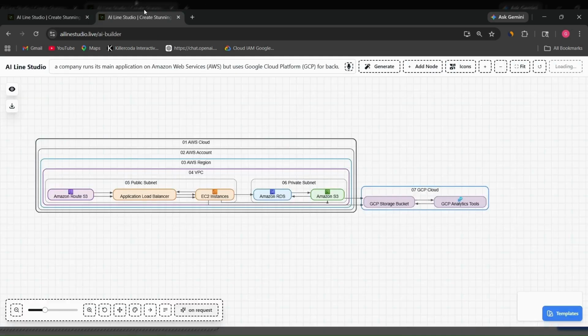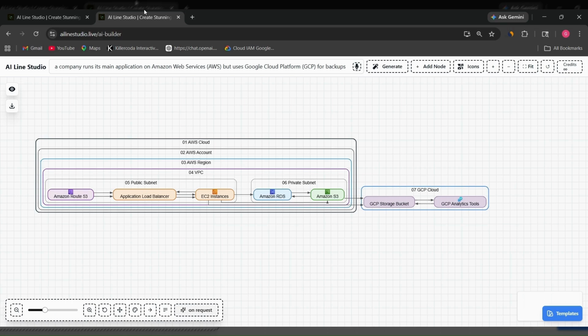So after successfully registering on the platform, the next page you would be redirected to is the workspace page. Over there you need to select cloud architecture, and in the next page you need to select a provider from the pop-up. Now please select multi-cloud, because for today's demo we are discussing multi-cloud.